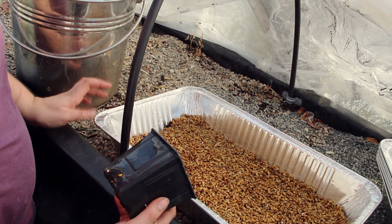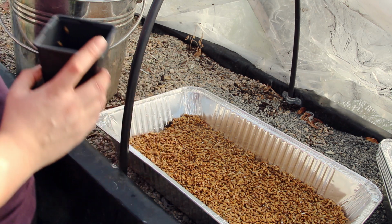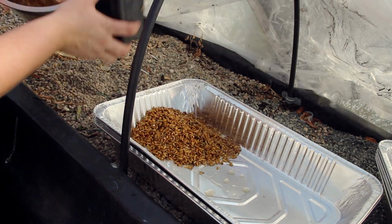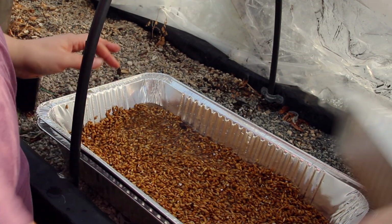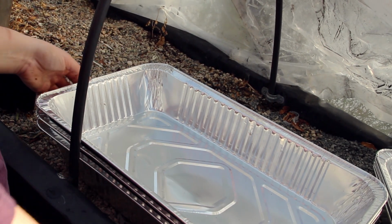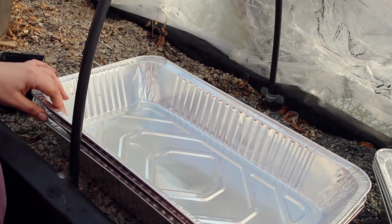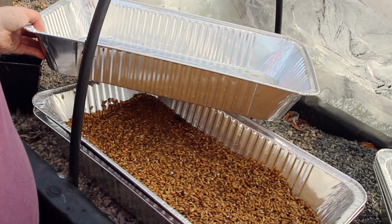And what I'm hoping is once they've sprouted that they won't be so attractive to the mice. That's going to work, right? So then I'm just going to cover them with another tray and do the same. And then I'm actually going to cover that with another tray, because my secret plan is that mice can't eat through metal. I suspect they can, but shh, don't tell me. And then I'm going to sit them on the shelf for a day or 2, and then hopefully they will sprout. Once they've sprouted, I'll obviously unstack them and move them into somewhere with some light,